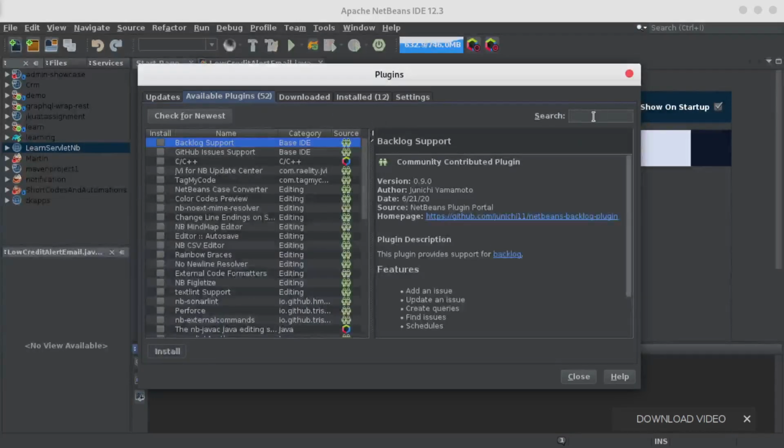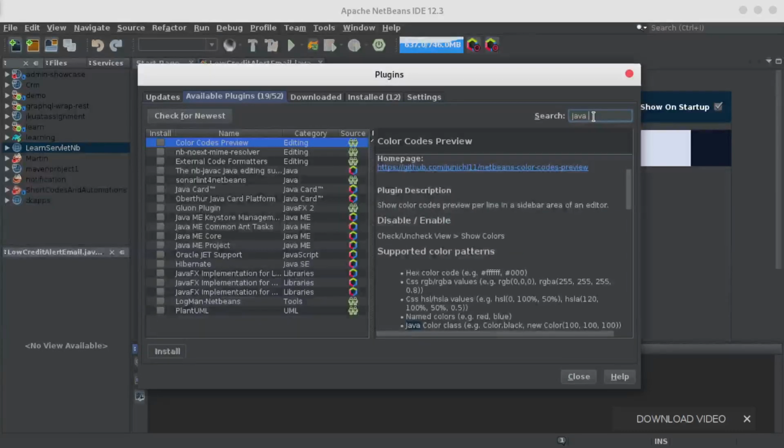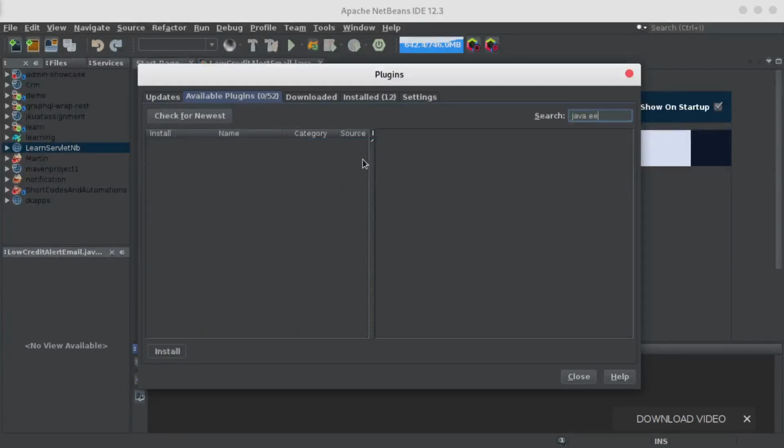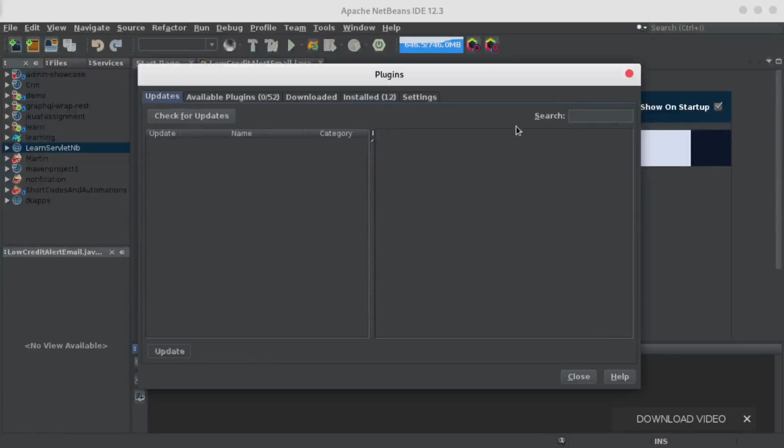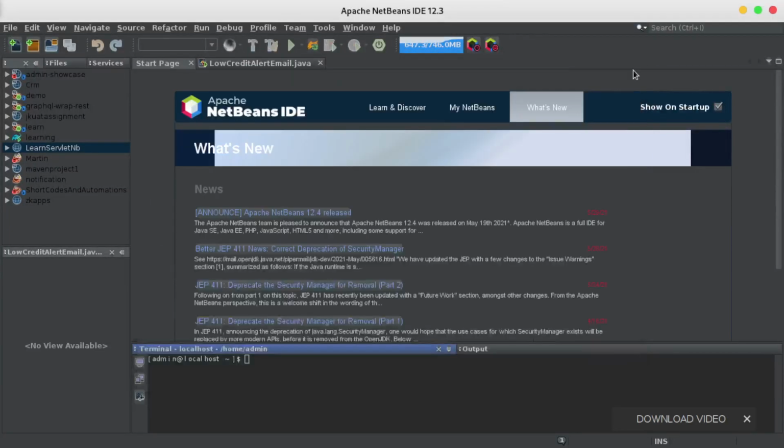You can come here and look for maybe Java EE plugins. I have already installed all of them, so that's okay. You can see my installed plugins here. These are my installed plugins, and basically that is it for setting up your IDE, and it gives you all these beautiful interfaces. I can close this one